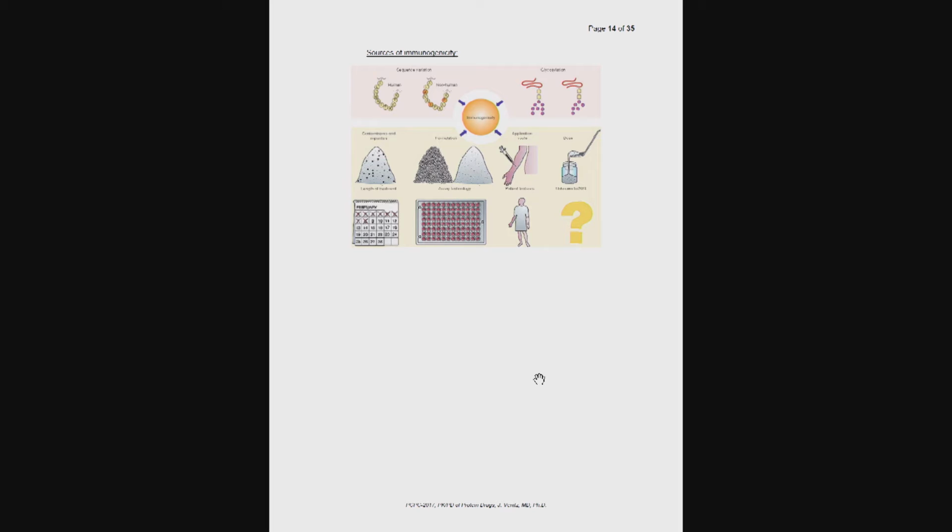Where does the immunogenicity come from? Well, we've already talked about potential differences in sequence, especially when we use non-human amino acid sequences, as we do for some of the monoclonal antibodies. Their glycosylation pattern, I think this is something that is currently investigated very intensely to find out what carbohydrate change in what position might induce immunogenicity, because if we understand that, we can actually avoid it. And then the other thing to keep in mind is that the